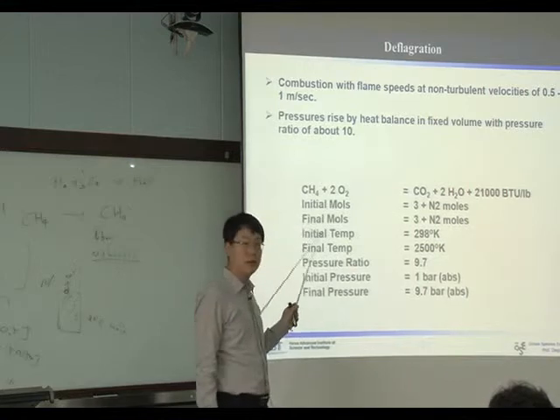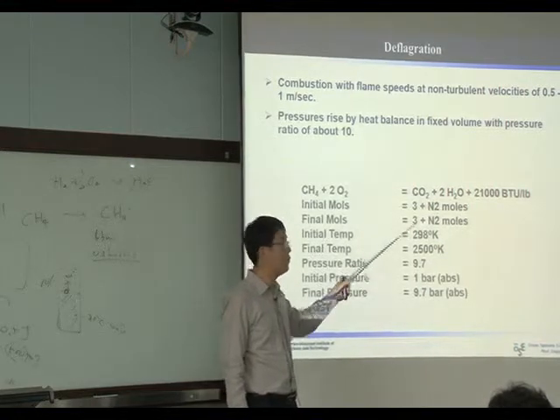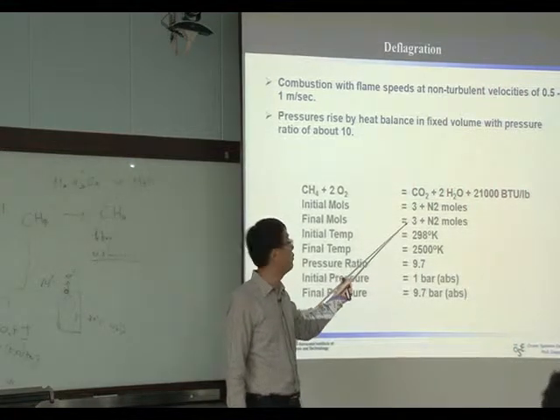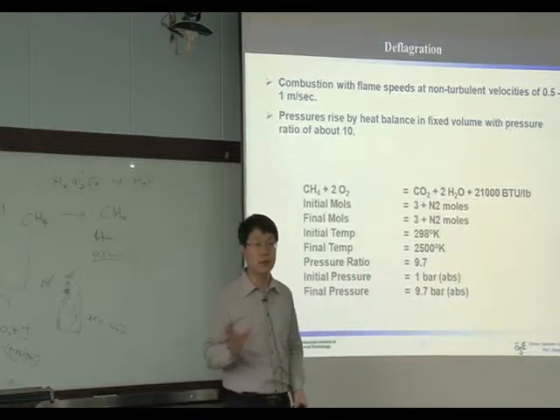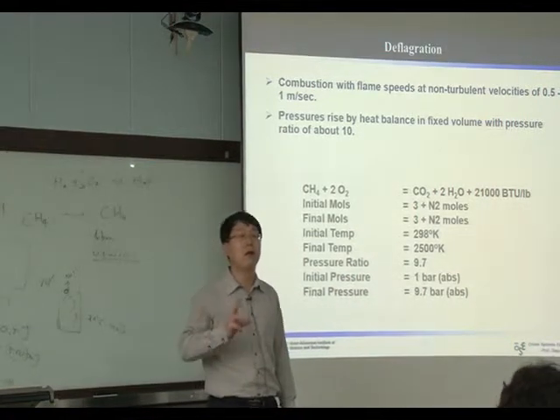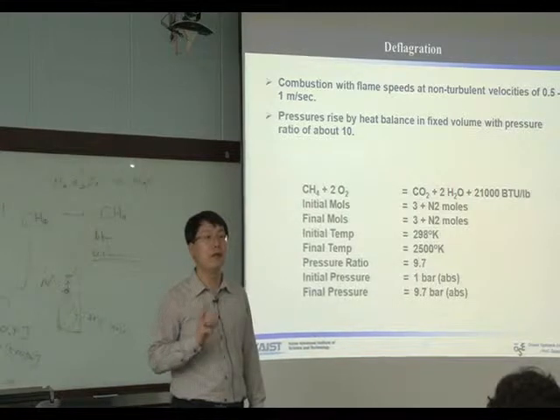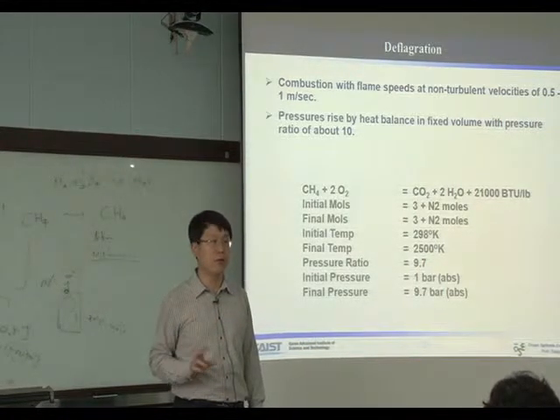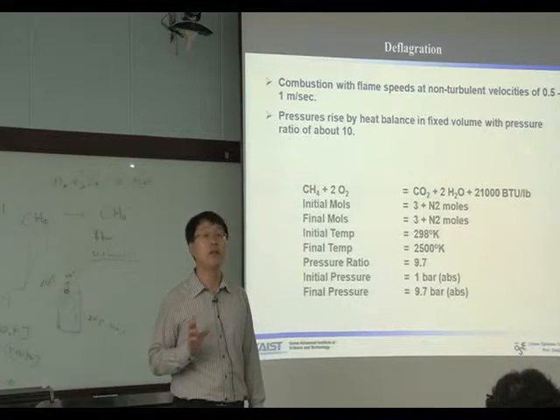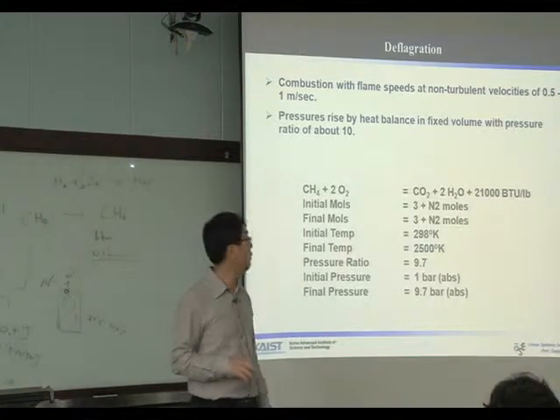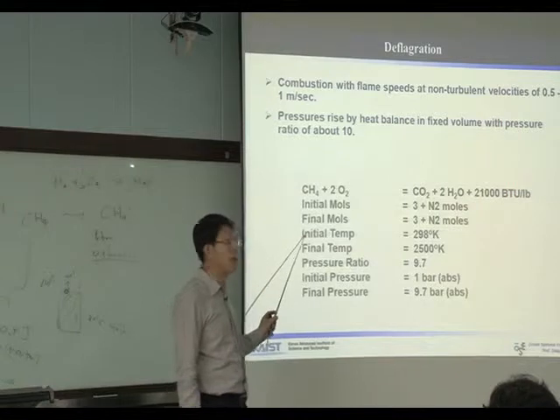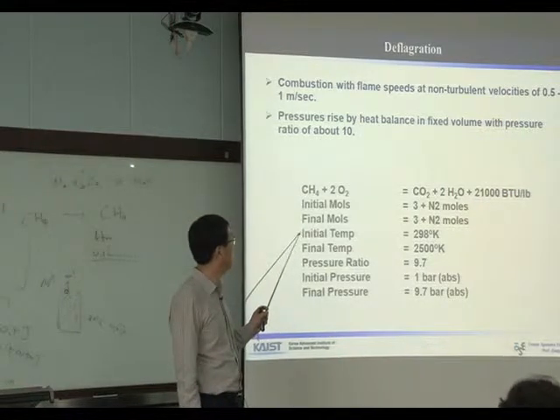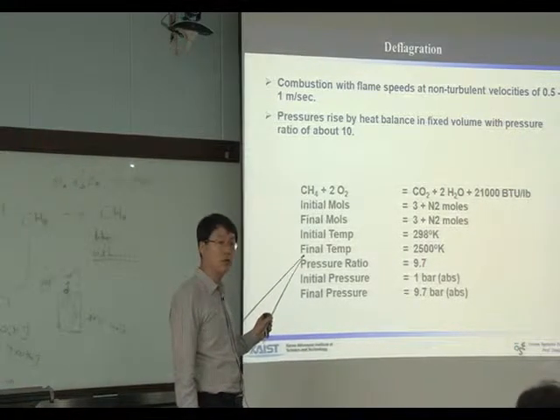And the final moles is also 3 plus nitrogen. So that means the increase in number of molecules is not that substantial. The effect is about temperature. Initial temperature here, final temperature is very high,